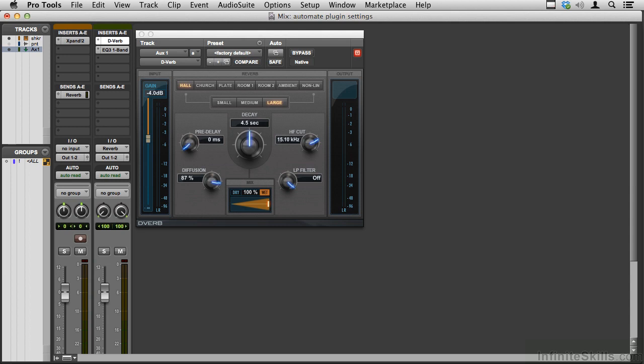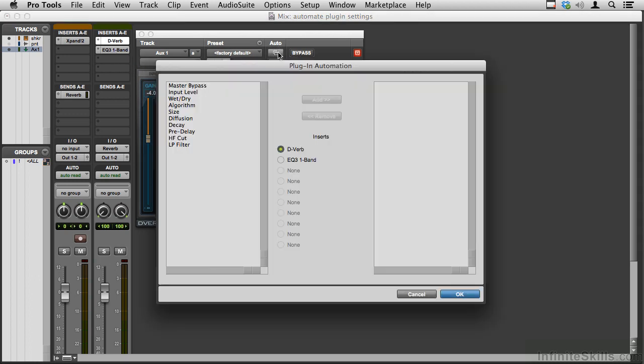Now let's say we want to automate a plugin, not just the send level for it, but we want to change some parameter in the plugin. So we'll start with this reverb here. So I go to the Auto tab here, and this shows me the parameters that I can automate for this reverb. So let's change the decay time and add it to the list of things that can be automated